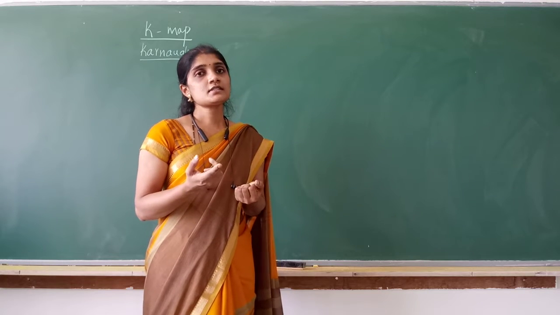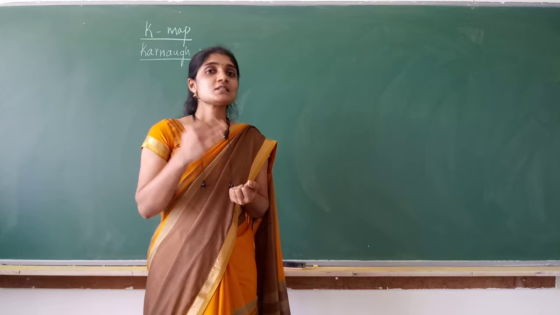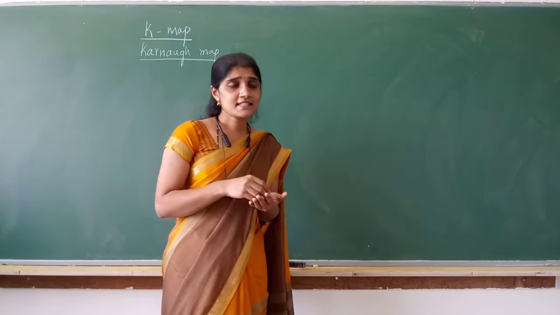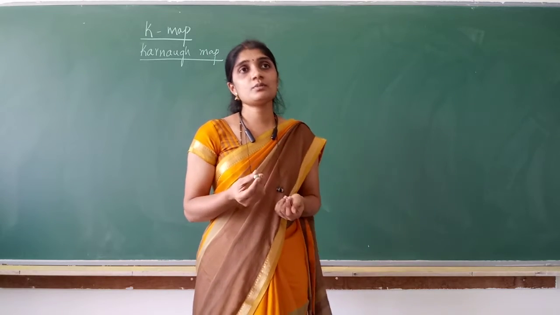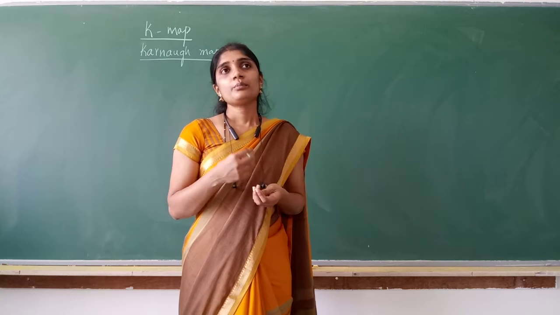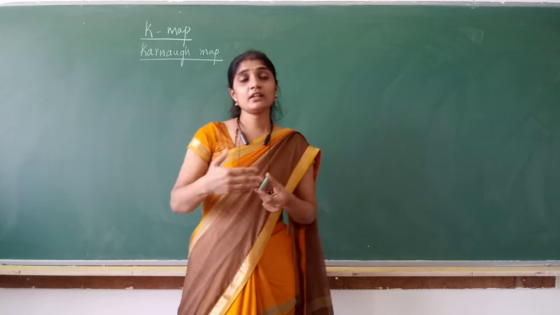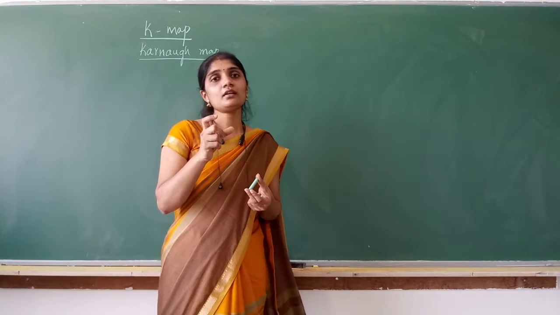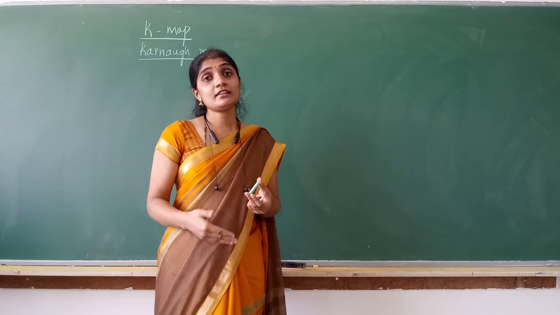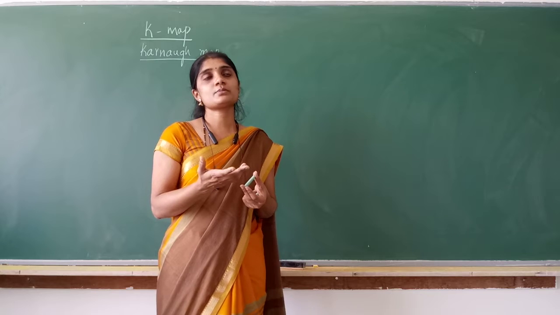Then the third one is writing the switching equation. What is the fourth step we have? Simplification of the switching equation. How? As I said, in your basic electronics, you have learned to simplify the switching equations using Boolean algebraic properties. But that method, as we know, is so lengthy. If the equation is complicated, the procedure will be lengthier and it is not that easy to simplify the equation applying the properties of Boolean algebra.